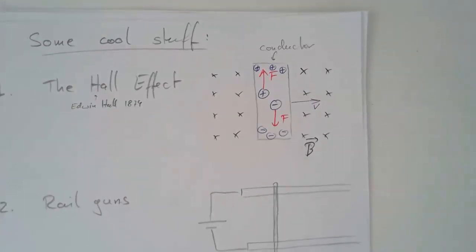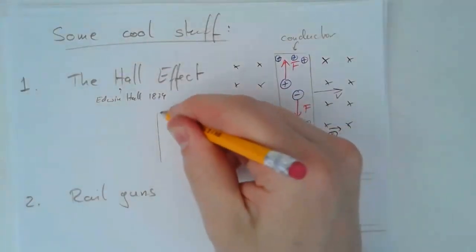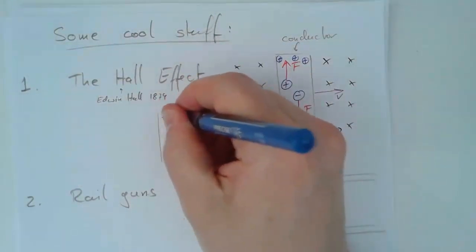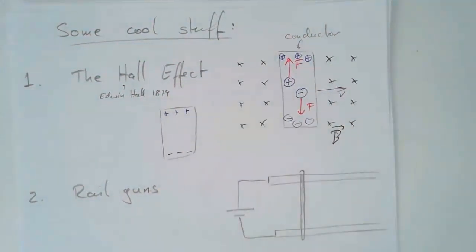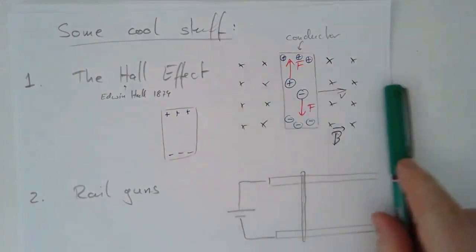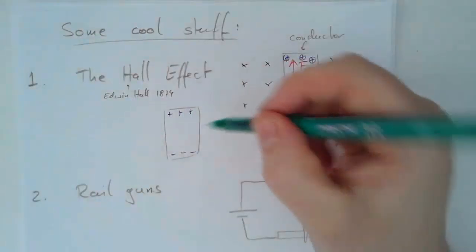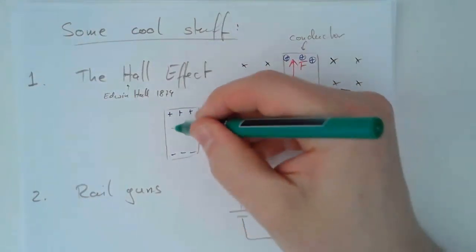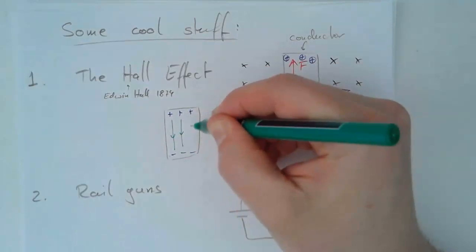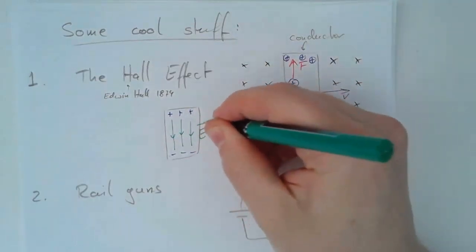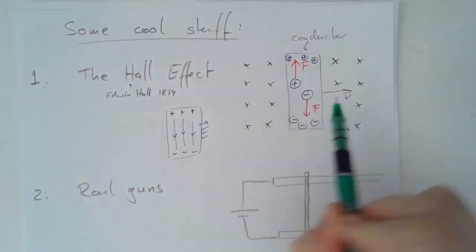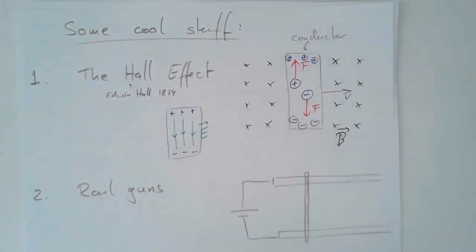That will create, let me just draw this thing again. Right, this is my piece of metal, and a bunch of plus charges up here, a bunch of minus charges down here. Right, just because this conductor as a whole is moving through the magnetic field, I'm going to get an electric field because there's positive charges here, negative ones here. Electric field is going to be approximately down like this, right? So the separation of the charges due to the magnetic field and the motion through it creates an electric field,